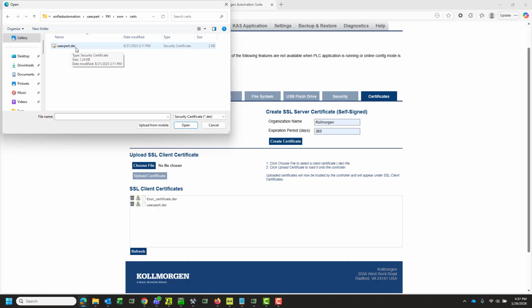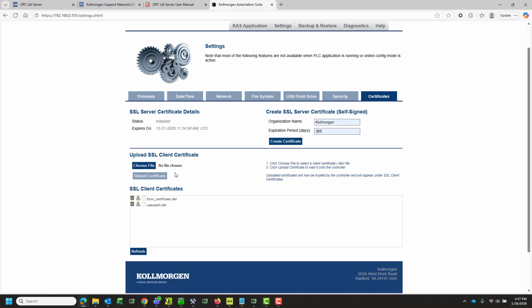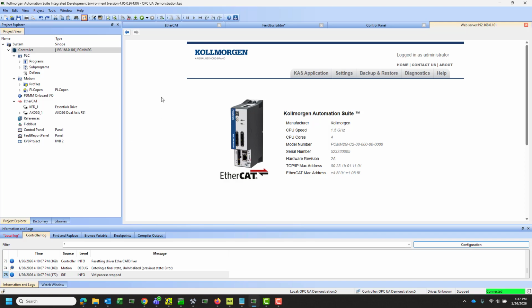And this is where they place the UaExpert.der. That is the file extension for a certificate. But once again, I've already imported it, and once you do, it'll show up under the already imported client certificates on the web server. So these are the steps that I had to do in the web server in order to get that certificate feature ready for use. So now I can go back to my KAS IDE software,